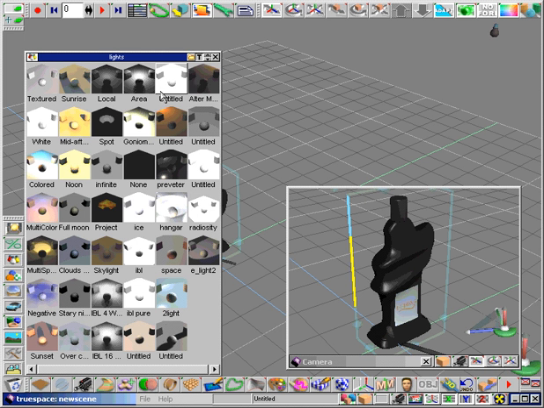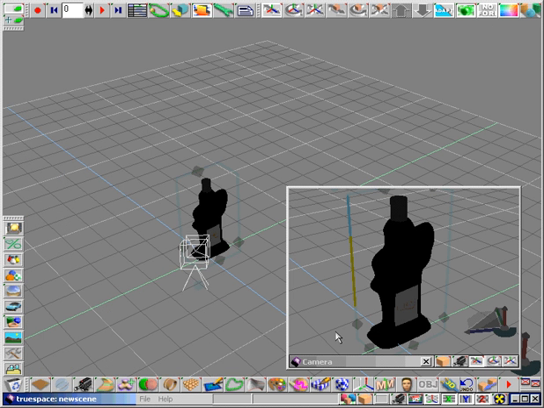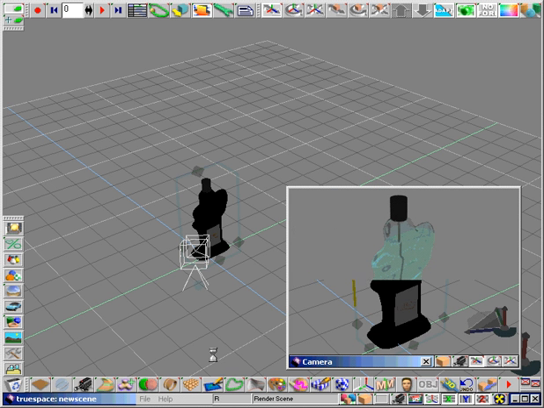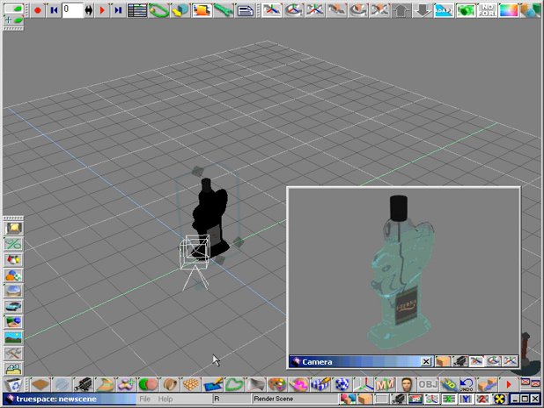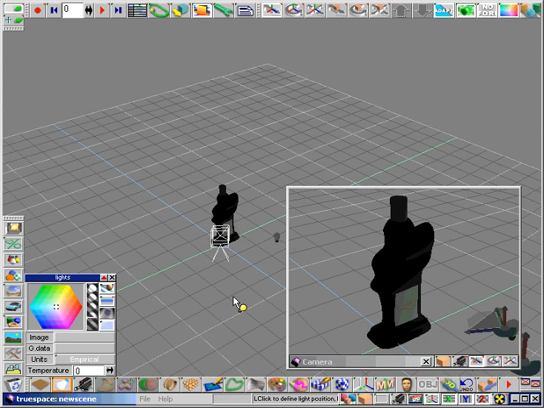The one we want right at the moment is called None, which effectively removes all the lights from within the scene. And let's do a quick render here so you can understand that objects themselves can present light. So even though we can see this object in a render, there are no lights in the scene. So let's bring in a single local light,